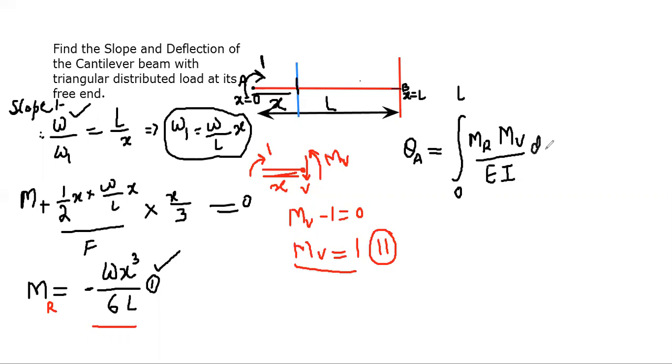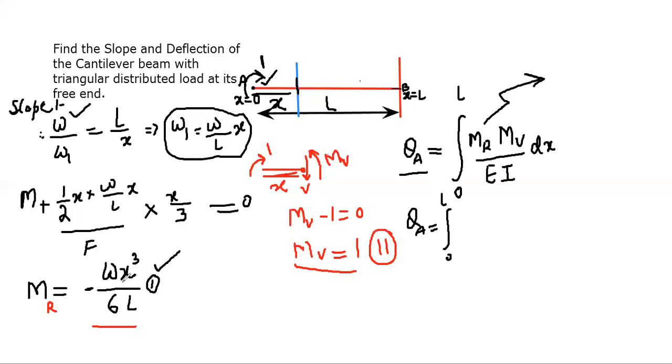This I will explain later on. This is from the principle of virtual work. That is, the principle of virtual work says that the slope at point A is equal to the integral from 0 to L of the real moment multiplied by the virtual bending moment divided by EI, that is, integral over dx, because this is our x-axis. Okay, so the slope at A becomes equal to the integral from 0 to L of M_r,